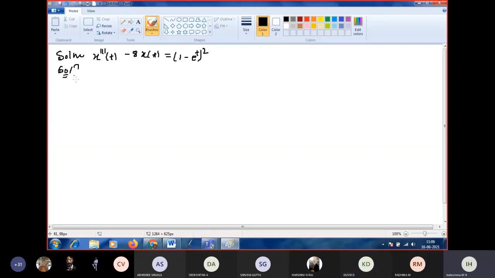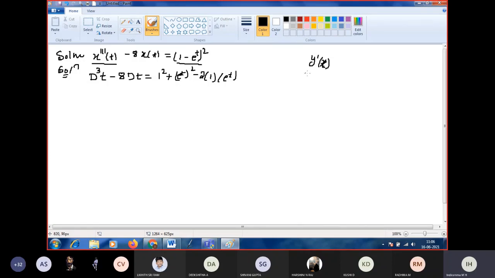So now I am using D. D cube t minus 8 dt is equal to, shall I use a minus b whole square in the RHS? a square plus b square minus 2ab. So here Likit said that, madam, you write x triple dash of t, it is not x triple dash into t. So it is like y dash of x, like that we will write now.